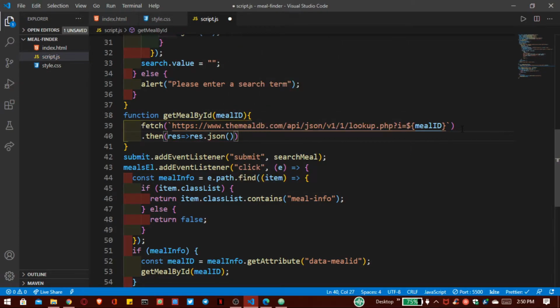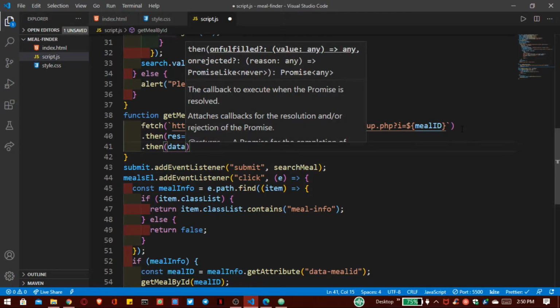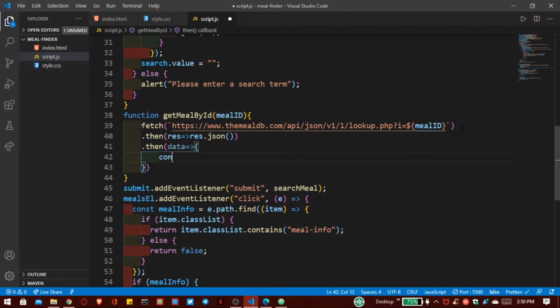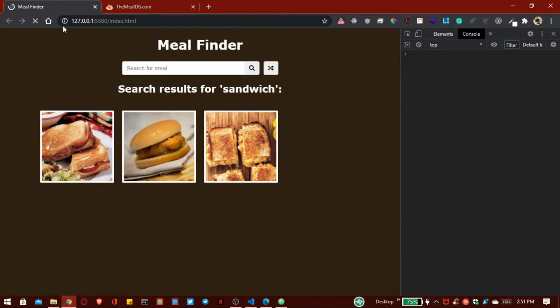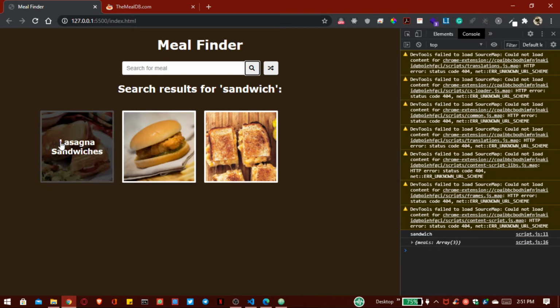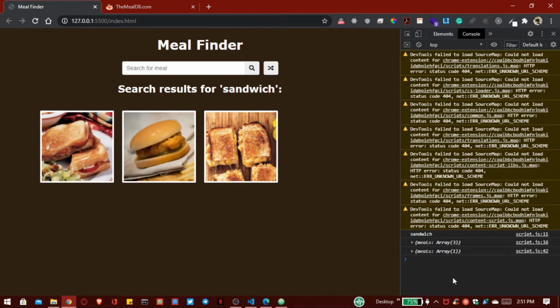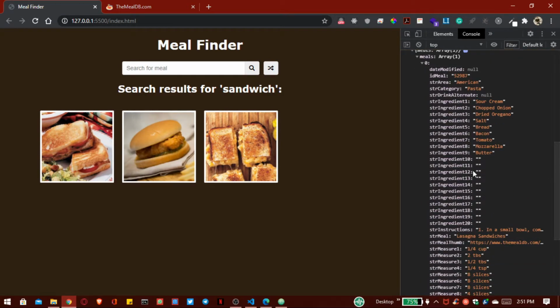So we have to pass this bracket. Here we have to print our data. For checking purposes, we write here console.log. So now save this. And whenever I click on this image, you can see the details of our particular image.